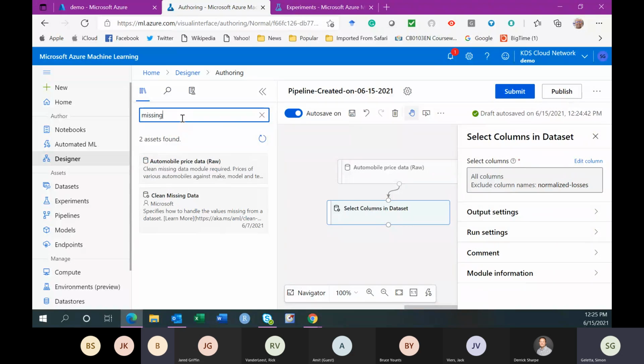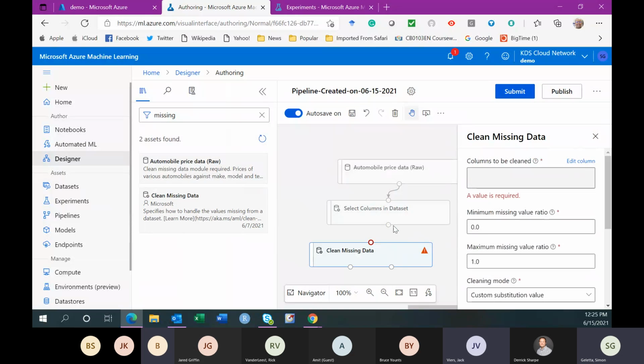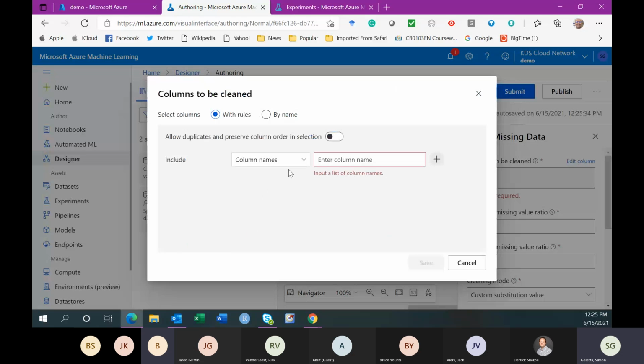Clean missing data. I'll take that here and connect it to the data that I removed that thing from. And here, I'll edit these columns and include all columns. Okay. And this will happen to all columns.